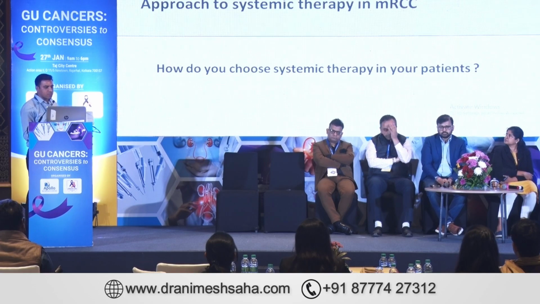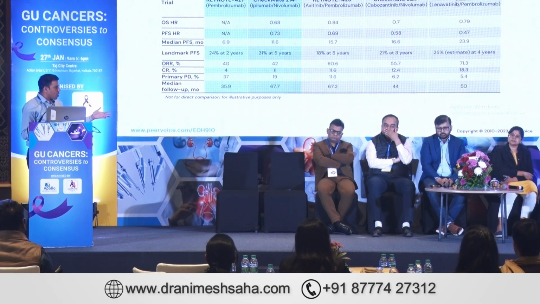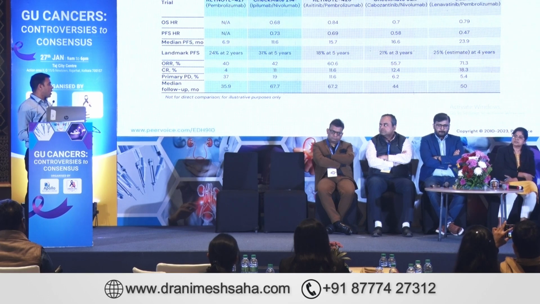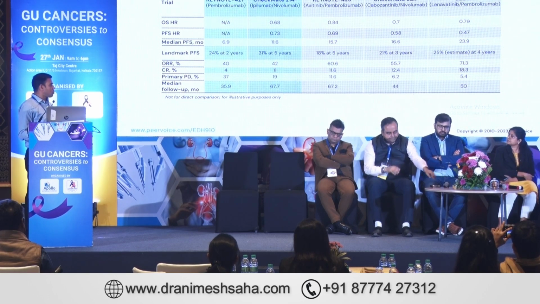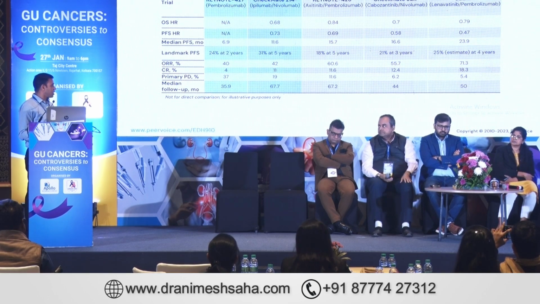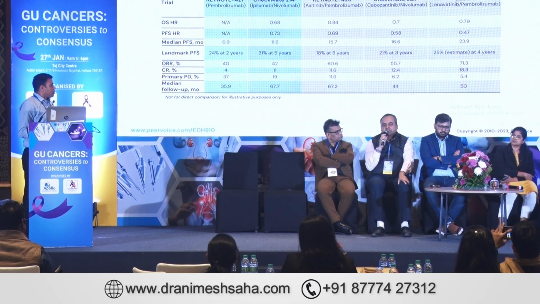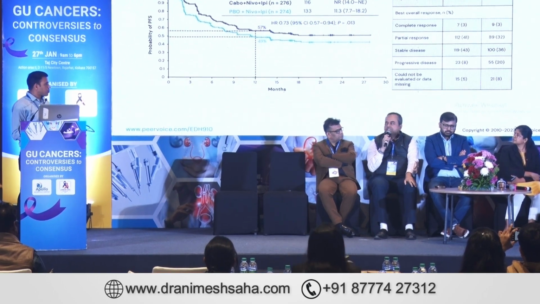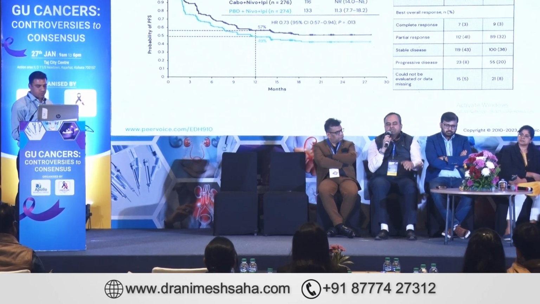Now we come to the systemic therapy. So our medical oncology friends can tell us, we now have a lot of options. IO, TKIs, doublets. We also have triplets, ipilimumab, nivolumab with cabozantinib. How do you choose your patients? So the triplet, the COSMIC trial, it's a new trial actually. They took three agents, nivolumab, ipilimumab along with a TKI.